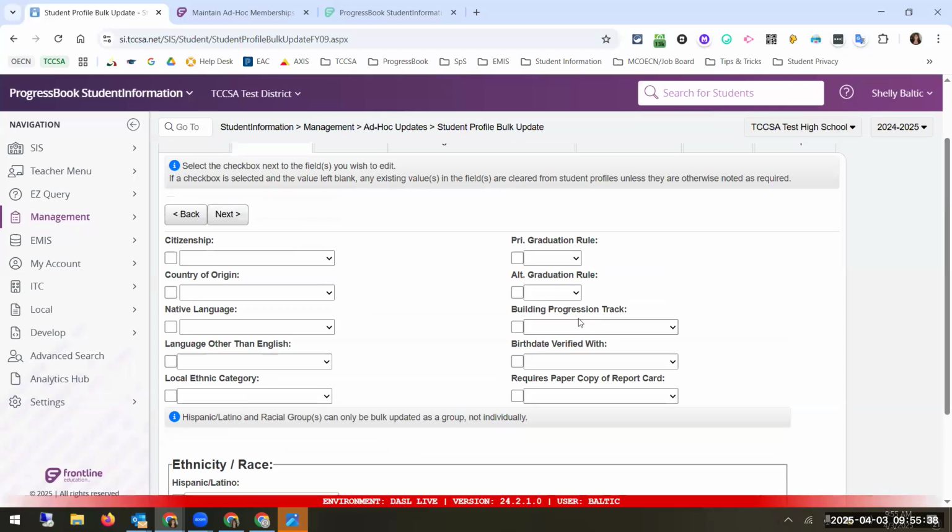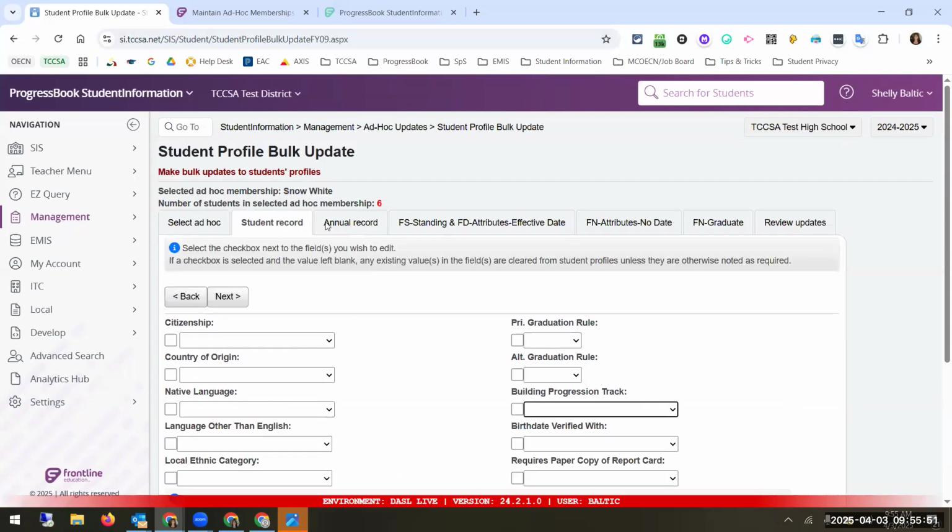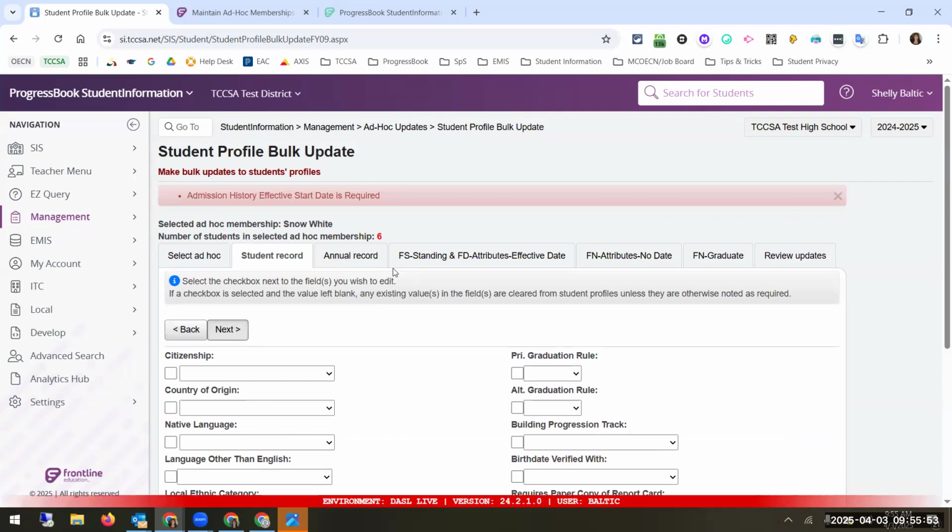So the student progression track or the building progression track is also listed on here. So if you have a group of students that you need to update their progression track, if they require a paper copy, we're going to move on to,